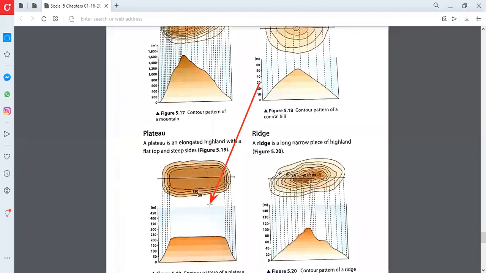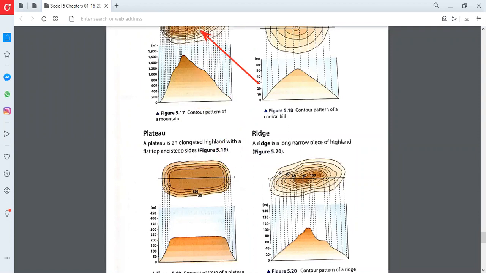So, if you see here, they are showing that it started from here. They have sharp edges, sharp sides, like it's 50 meters. And they are showing that the highest scale of this plateau is like 250 meters. Okay. And they are showing it in this form. If you see it on the map, it looks like this. The plateau looks like this on the map with the help of contour lines.